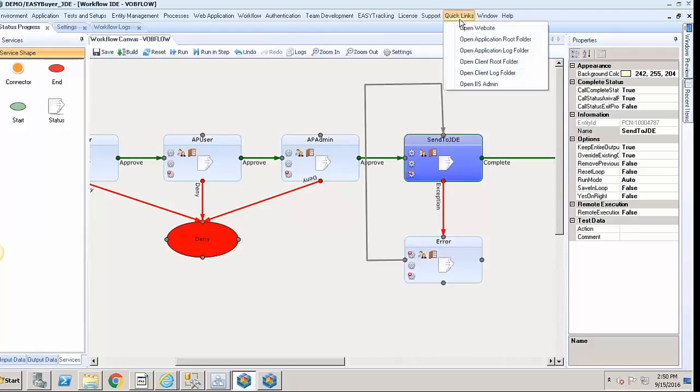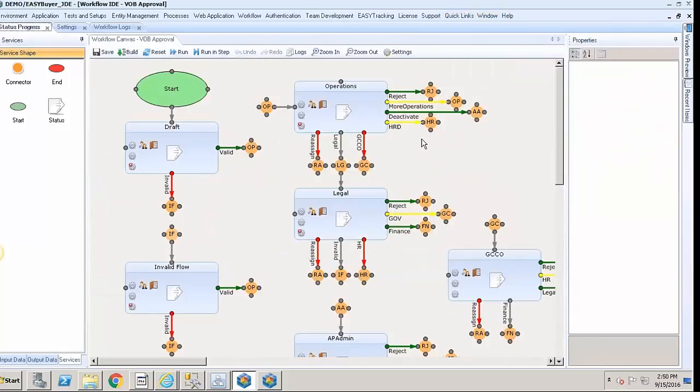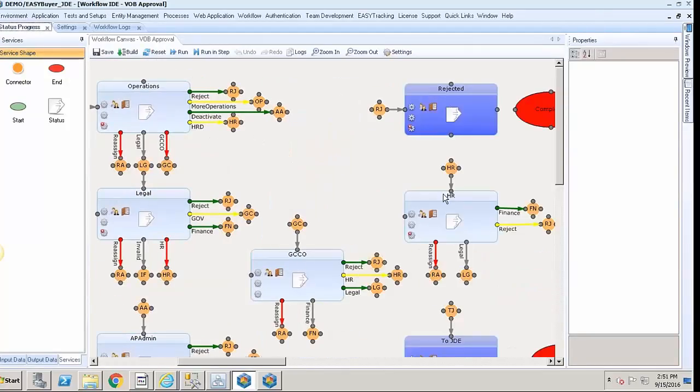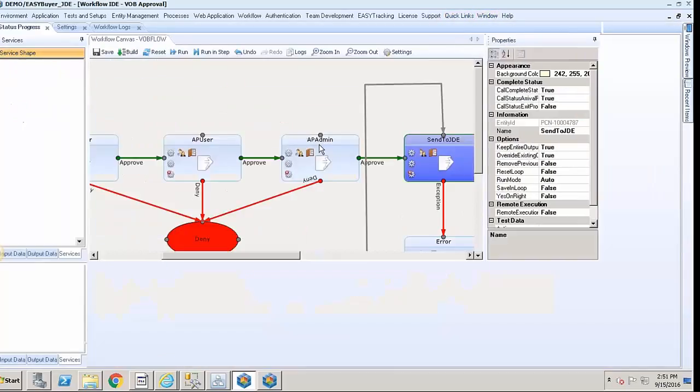I have one example of a workflow that is being used by Fox for their vendor approval. As you see, theirs is much more complicated than our base one. They go through operations, they go through legal, they have their own financier, HR. It's just an example of how much the workflow can be customized because it's very flexible. Going back to the workflow,